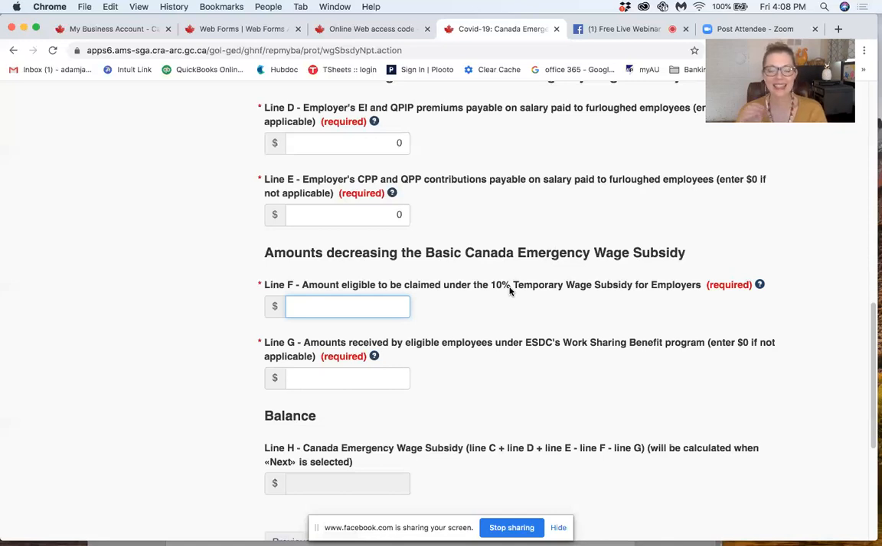Because what it is, it's like a discount on your source deductions. So instead of paying the full amount of source deductions, you reduce it by the 10% temporary wage subsidy. And you can roll it over into the next month. So if you didn't take it for March, and you should have, then now you could put it into the April amount and then take the April 10% temporary wage subsidy discount and take the March 10% temporary wage subsidy discount. Take both of those off of the amount that you're going to send in for April,